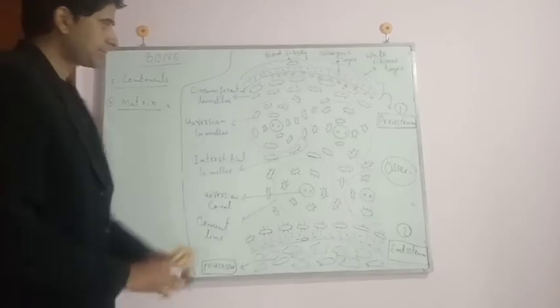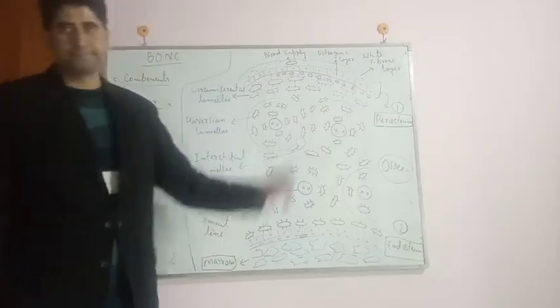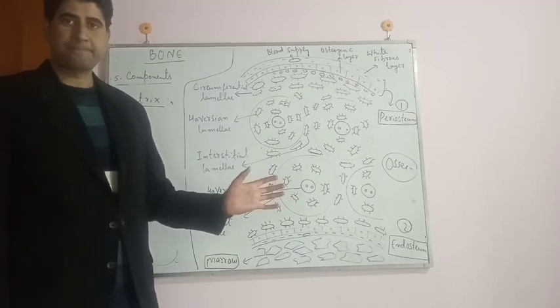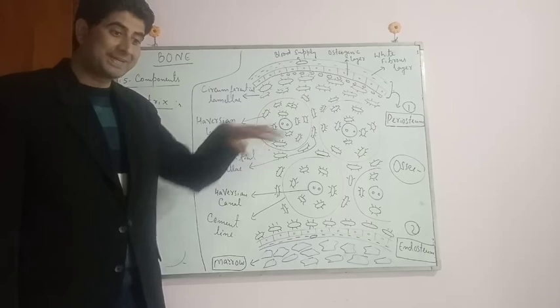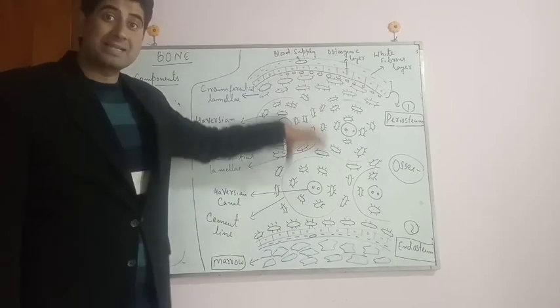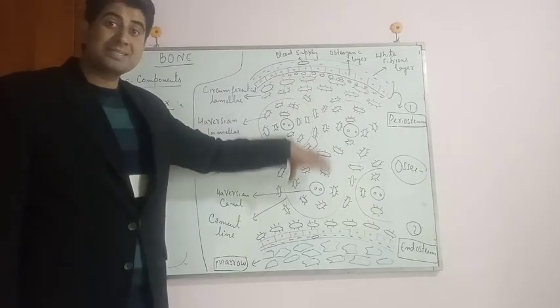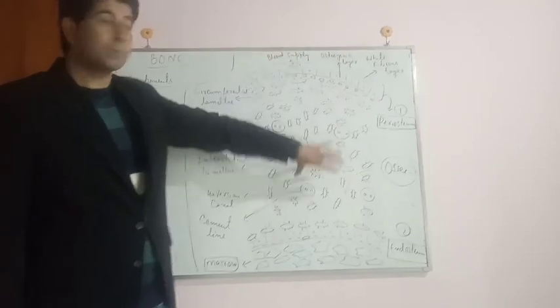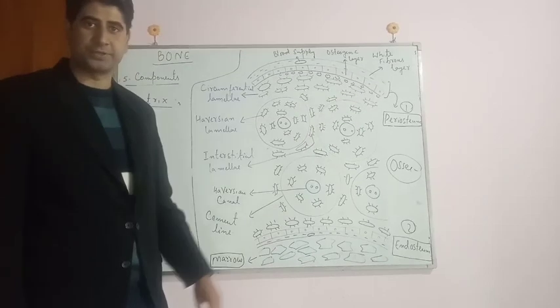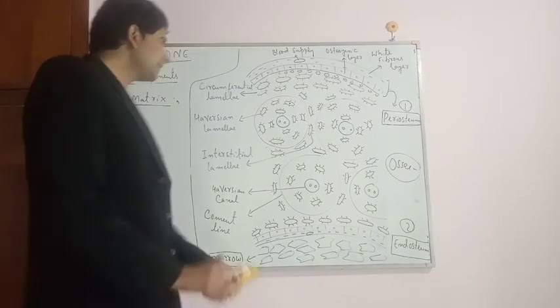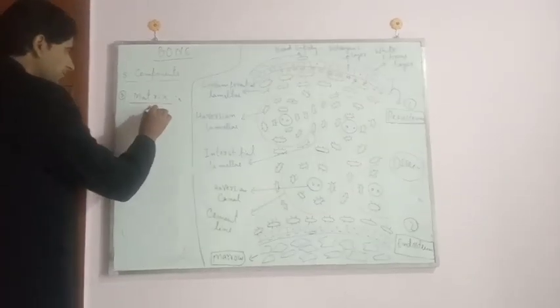Here the matrix is opaque, it is solid, as well as calcified, because here the concentration of calcium ions is higher, and calcium carbonate is more here. That's why it is calcified as well as opaque. And here the matrix is termed as osseous,